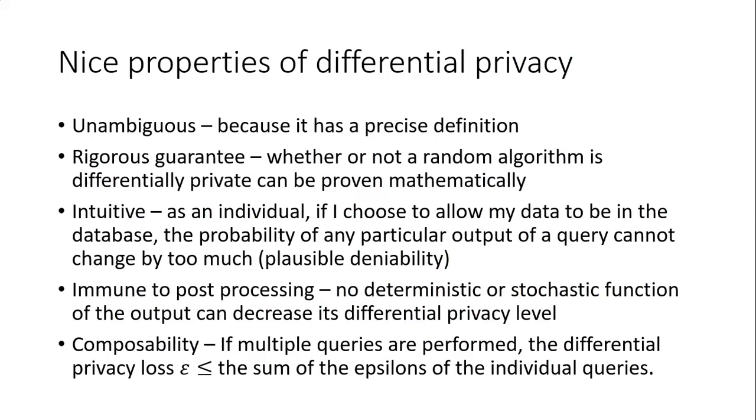A technique is you have them flip a coin twice, and only they see if it lands on heads or tails. If the first coin flip landed on heads, then they answer truthfully. If the first coin flip landed on tails, then they answer based on their second coin flip, where heads means yes and tails means no. So if they're supposed to report honestly, they can say yes without feeling too embarrassed, because you don't know if it's really yes or they're just answering yes because they flipped tails and then heads.